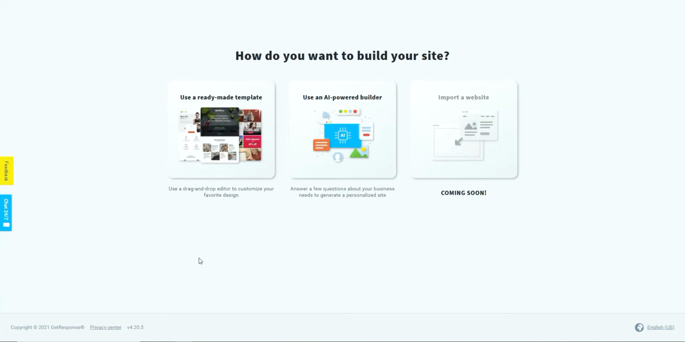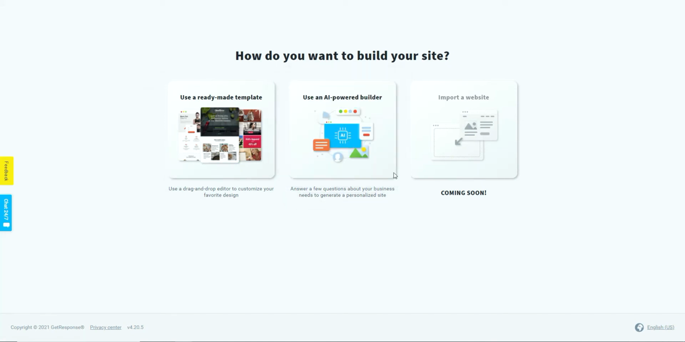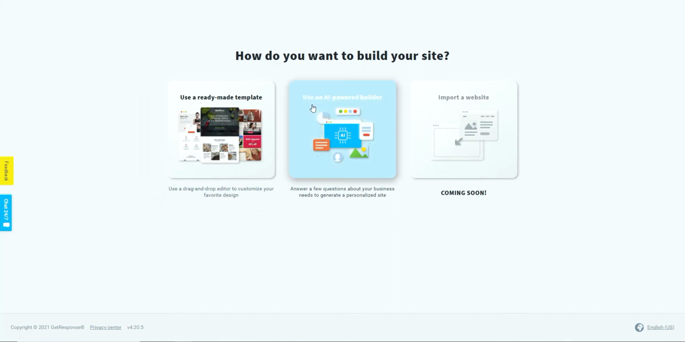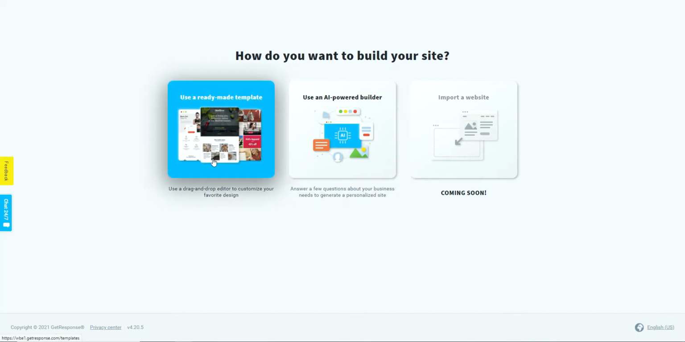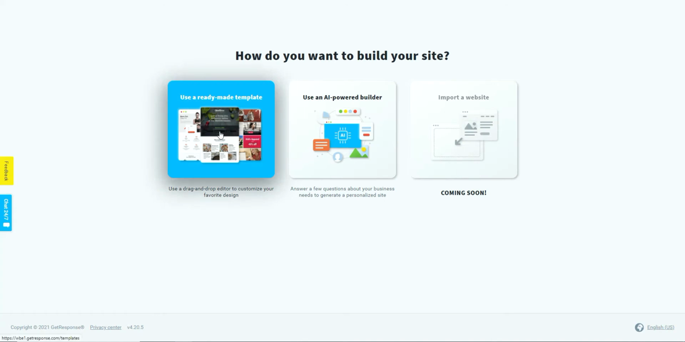We've got 3 options. We've got use ready-made templates, and the AI powered builder, which is a little bit more involved. For the purposes of what we want to do, which is literally build 3 plain pages, I wouldn't go with this option. I'd just go with the ready-made templates, and then to add more value, Getresponse also allows you to import other sites that you may have hosted elsewhere. Again, it just adds to the value of what you're getting with this free account. So we need to click on use ready-made template,